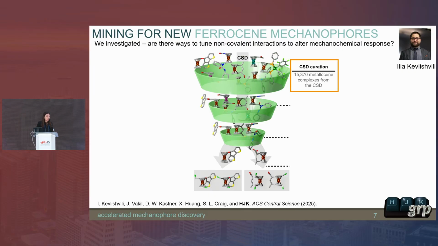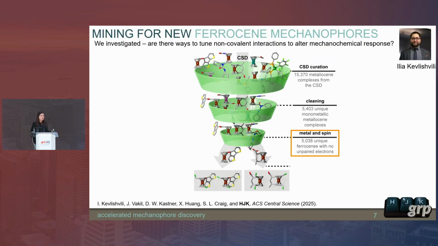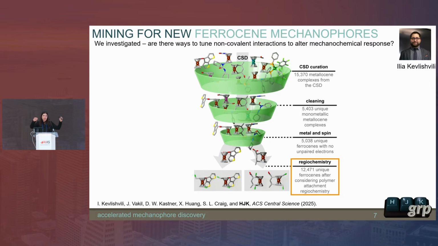If you go into the Cambridge Structural Database, which is a database of all known crystallized and solved structures, you have over 5,000 unique ferrocene compounds. Once we attach polymer attachment points to them and we're going to yank on them, that leads to 12,000 possible solutions. Each one of these experiments would take months to years to just do one of these ferrocenes. So we're definitely not going to do it experimentally, but even computationally, to do 12,000 DFT calculations where we are going to impart the effective force on these ferrocenes, that would be very challenging as well.